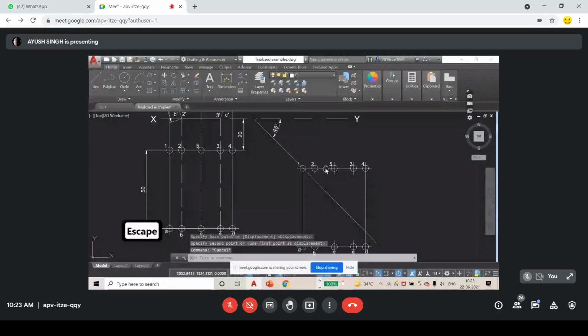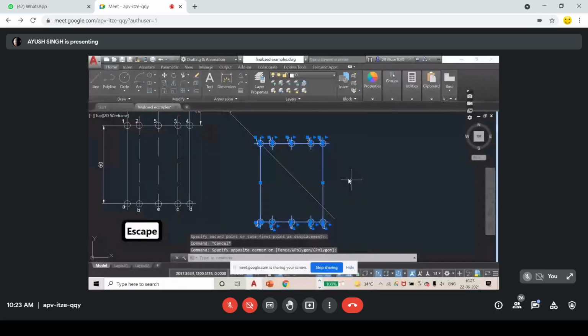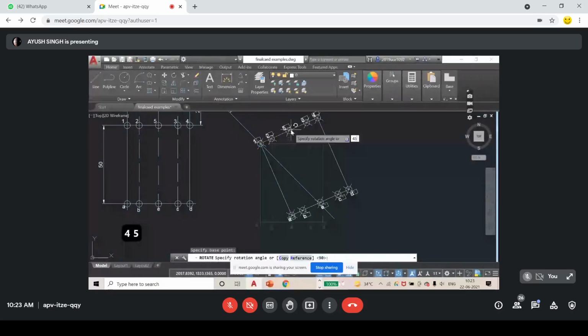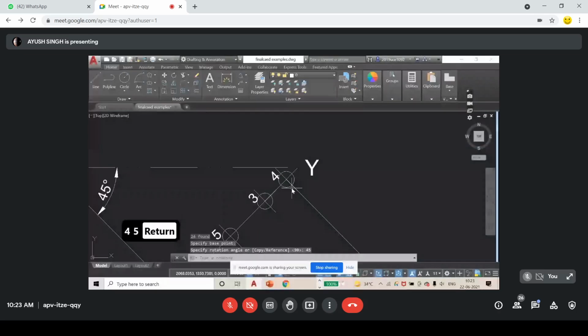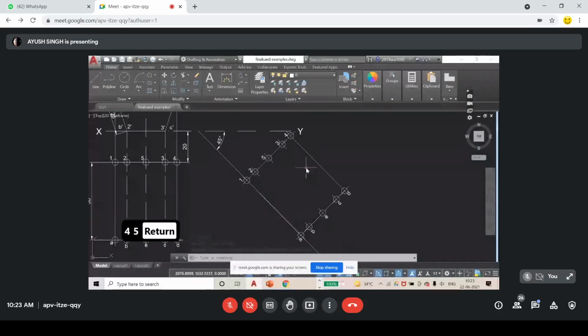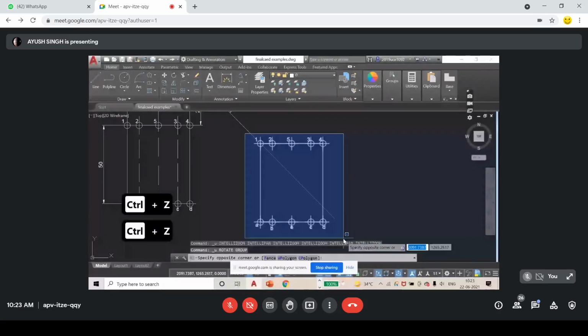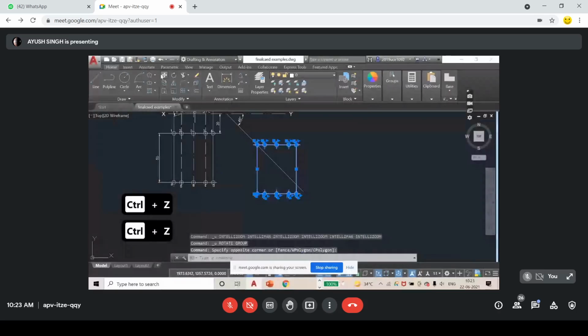So I can rotate it by how much angle? Simple, here it is 45 only. Angle 45. See, it has intersected almost. So let me press Ctrl Z again. I will take it a bit down for clarity.